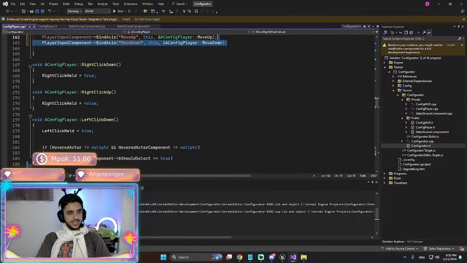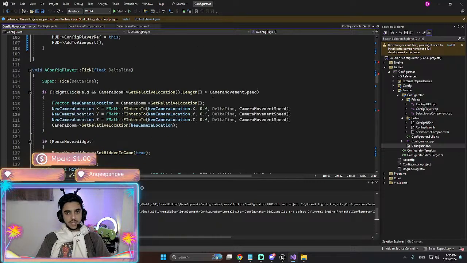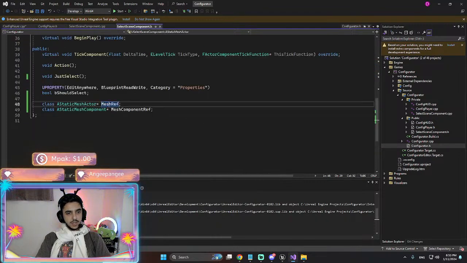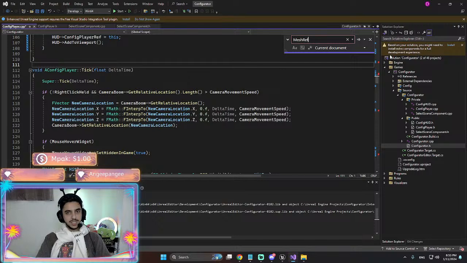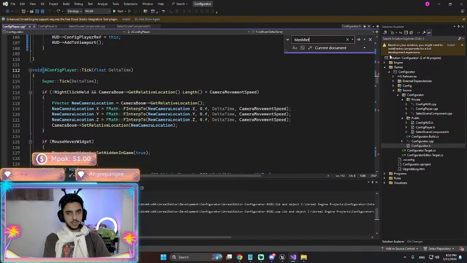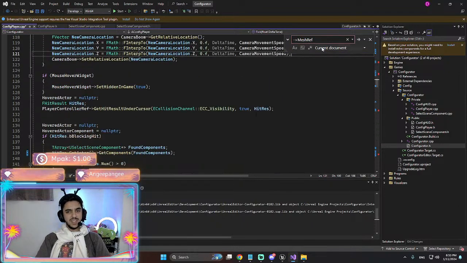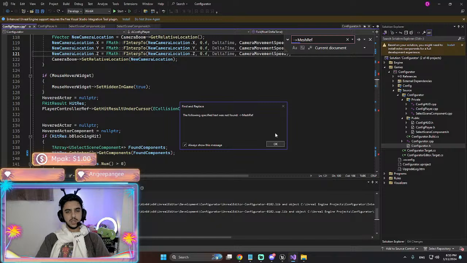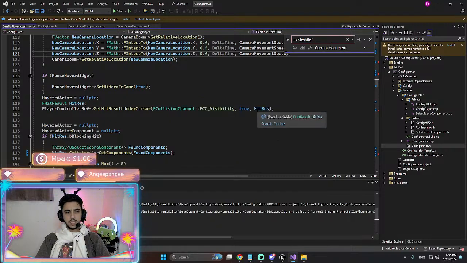Whenever I'm gonna Control Z everything again, I'm gonna search for Meshref and I'm gonna see where do I set it. I'm gonna say this Meshref. I have never set it anywhere. Huh. Weird.